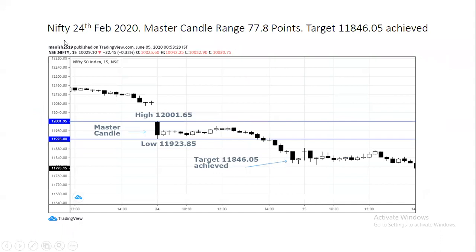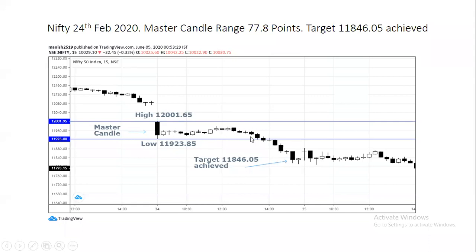Okay, one more time, Nifty on 15 minutes time frame. Look at the first candle. This is big bearish candle. This is master candle. Range, you can see this time high minus low range, you will get 77 points. Now note down one important point, this gap area. See, on this day, Nifty opened gap down. Opening was below PDL, that is previous day low. And look at the consolidation.